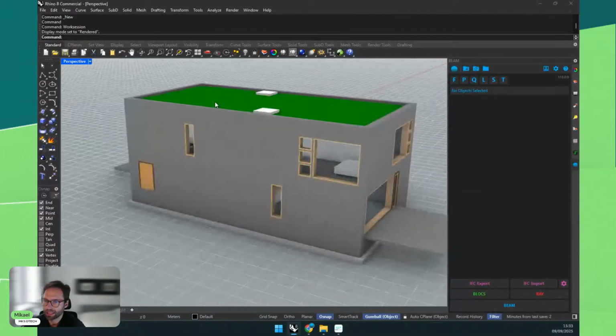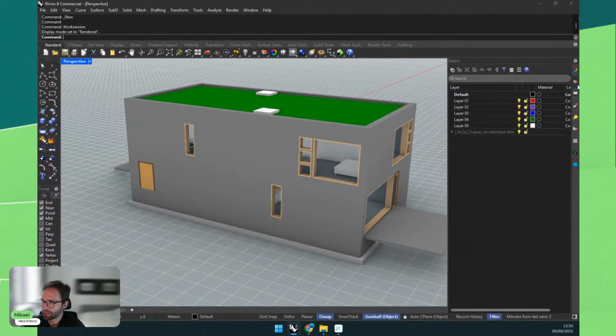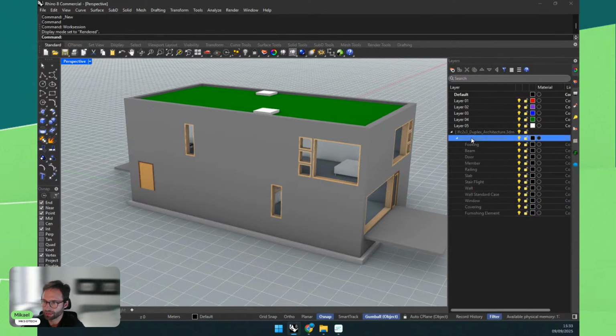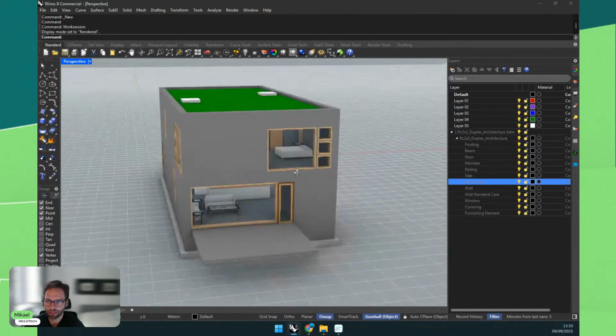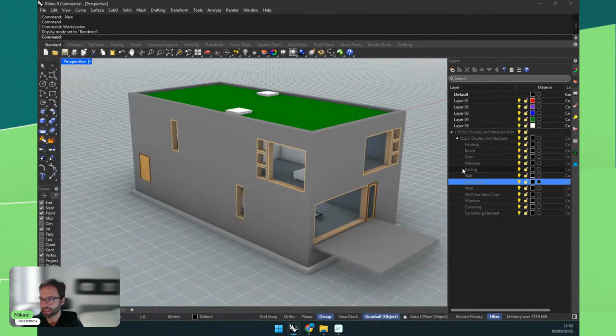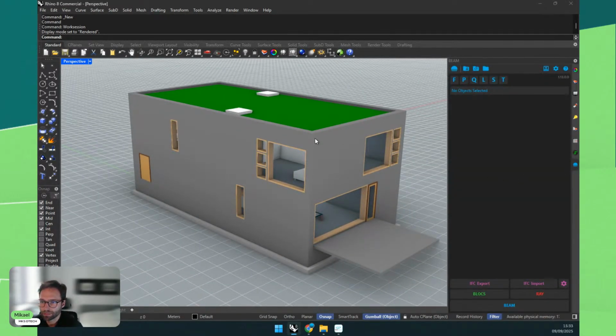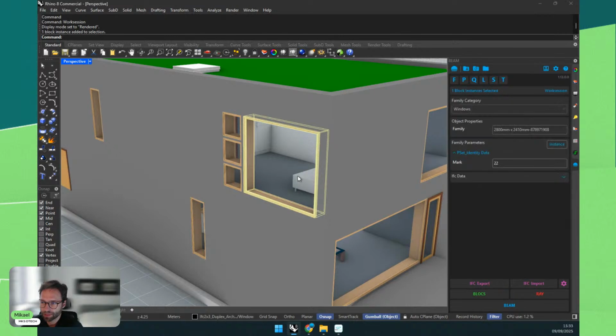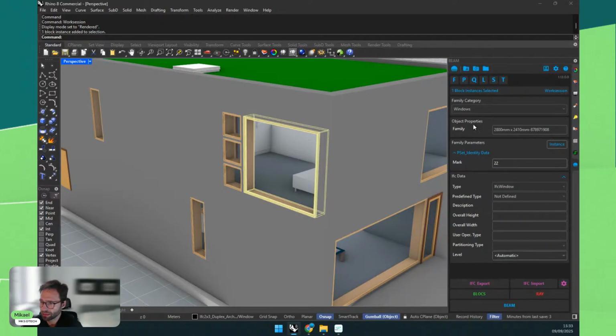Okay. And first, let's see the layers. So you can see our duplex here. We add all of the IFC subcategories as separate layers, so you can turn them off and on if you want. So walls are already walls. Just for convenience, we have added every single object in a specific layer for the category. And then using the Beam panel, if I select something, you can see the IFC data connected to that object. Okay, so including the category and the parameters if they have some parameters.